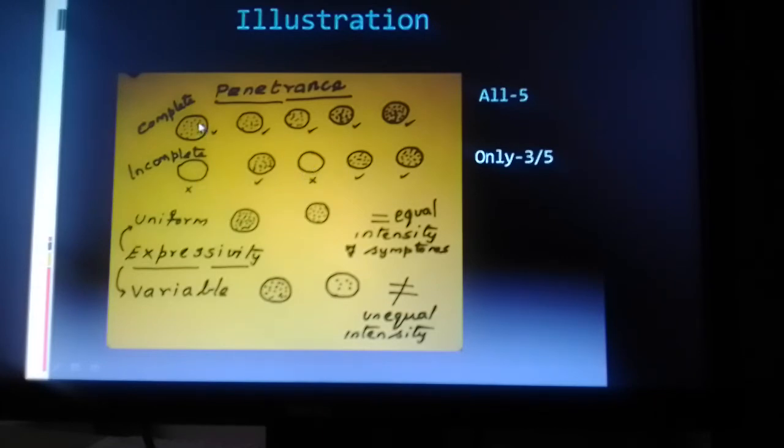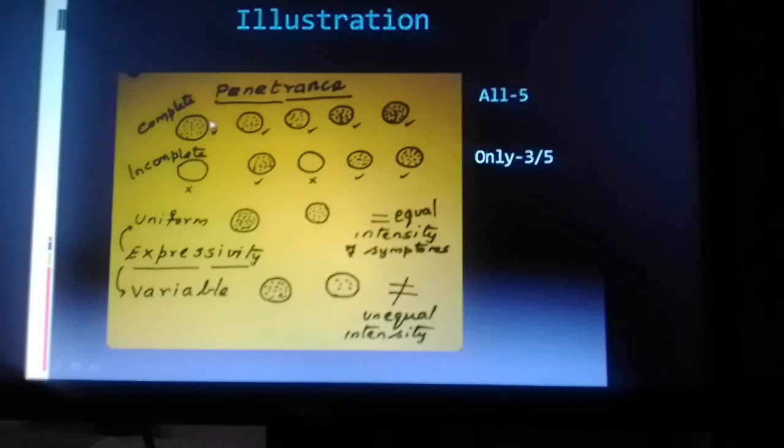But in the previous case you say in all the 5 you can find the expression of the genotype. Accordingly here the penetrance is 100%. So that way also you can express the level of penetrance, the proportion of penetrance among the individuals in which